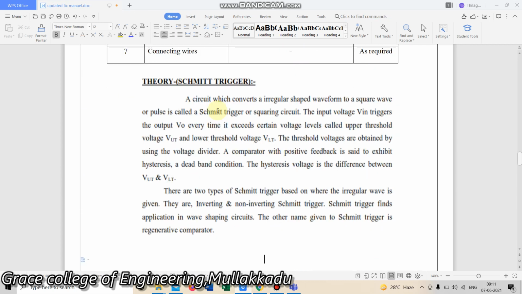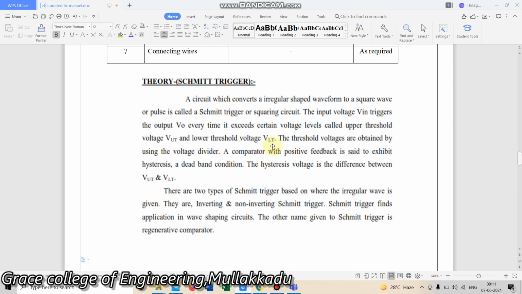This is the Schmitt trigger. It converts irregular shaped waveform to the square wave. Irregular shaped, for example sine waveform or any other irregular waveform, can be converted into the square wave by taking some upper threshold voltage and lower threshold voltage and making them into a square wave. This is done by means of selecting two voltages called upper threshold and lower threshold voltage and using